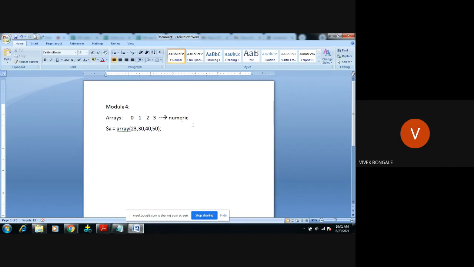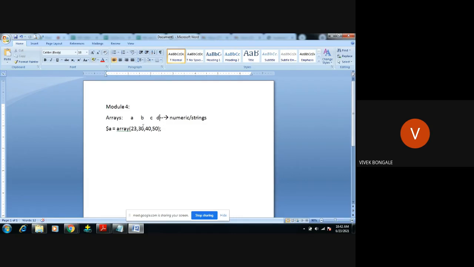But in PHP, we can also use strings here, not only 0, 1, 2, 3. If you want, you can declare a as the index for 23, b as the index for 30, c as the index for 40, and d as the index for 50.